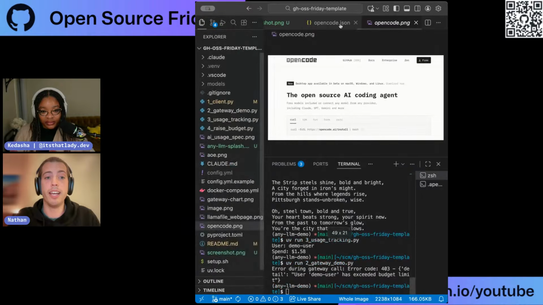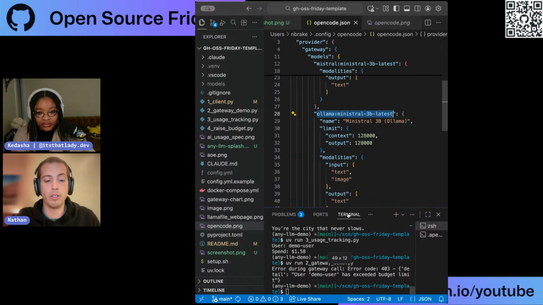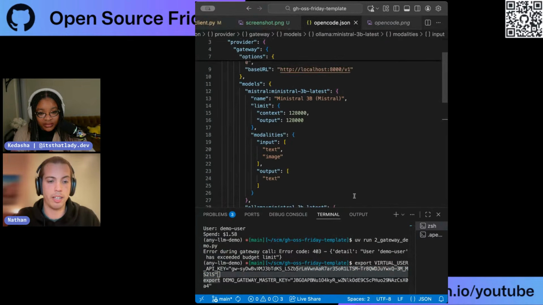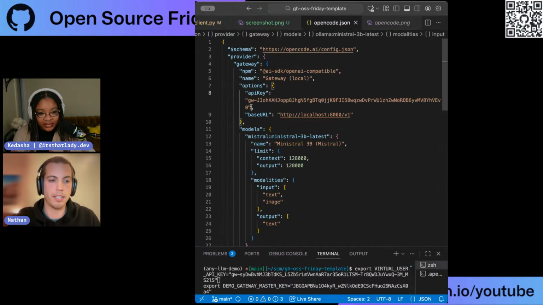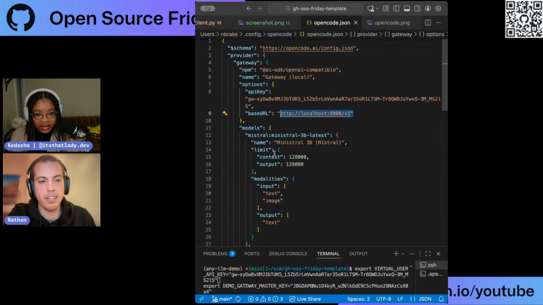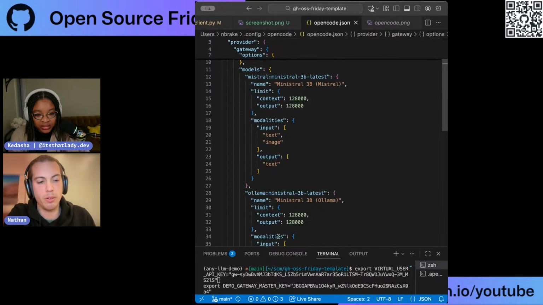And what we're going to do is we're going to configure OpenCode to talk to our gateway. And I'm going to need to copy this virtual key. I already configured this. For sake of time, I'll kind of skim over the details. But basically, I have this virtual key, which connects to my local system. This doesn't do anything. This is just disposable. And we configured OpenCode to have this provider, the gateway, local, and it's going to be hosted here, and it's going to have the Mistral model and the Ollama model.